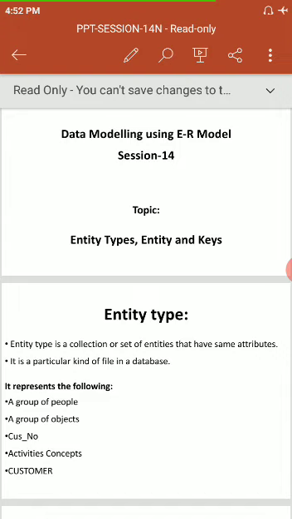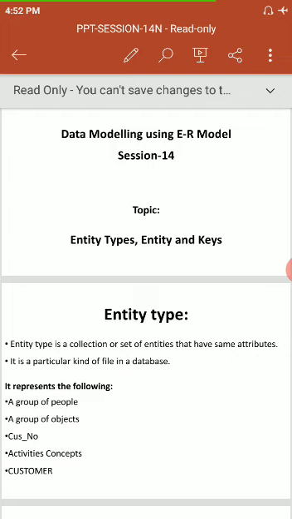Here I will explain now entity type. You know the attribute types: single, multiple, stored, key attribute and so on. Here I will explain entity type, entity and keys. Let us see what is an entity type.